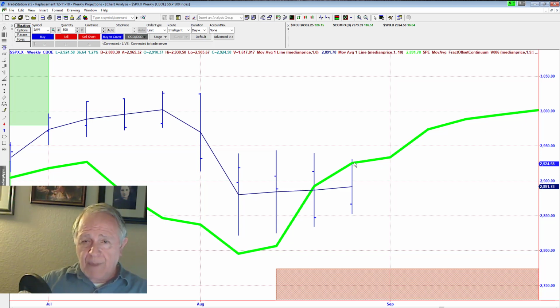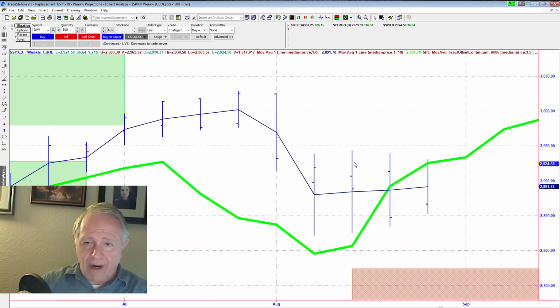This price right here simply goes back 10 weeks. 7, 8, 9. We don't quite have that on the chart, but there it is now. So this green offset line, if you go back 1, 2, 3, 4, 5, 6, 7, 8, 9, 10, the midpoint of that week right here represents this midpoint right here for this week. So as long as we stay below that line, and when I say we stay below, I mean the median for the week, the midpoint of the high and low for the week stays below this line, that downside projection that we just gave you remains in effect.